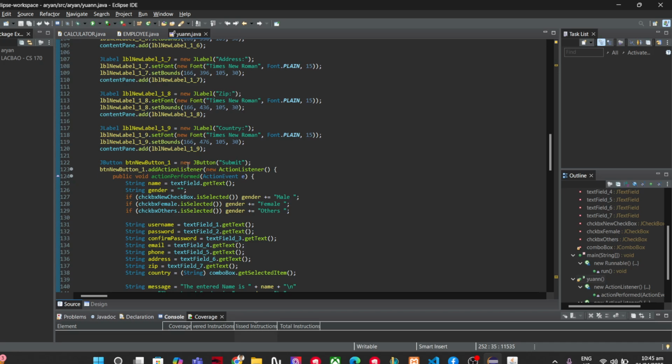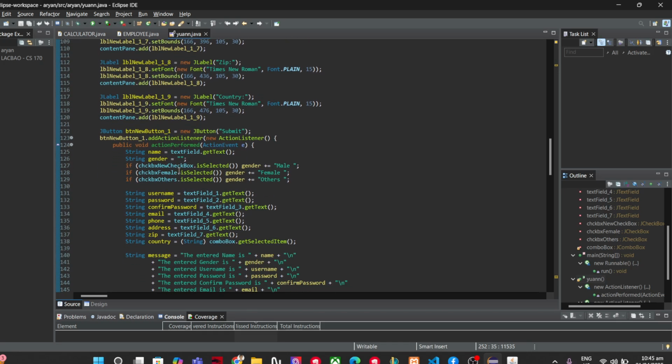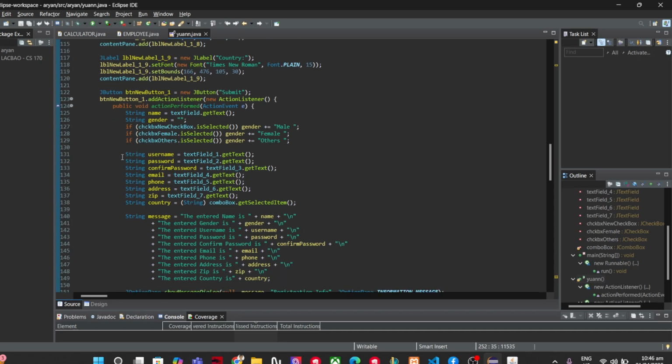And here first, I add some code in the submit button. If the checkbox is selected for gender as male, female, or others, and also the string username from the text field, getText.